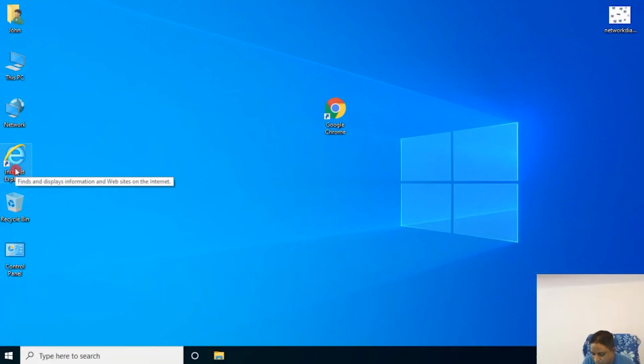Then we have Internet Explorer. What is Internet Explorer? The internet is a network of computers, all connected worldwide. IE, we say Internet Explorer, in short form. A World Wide Web, that is www. We say yahoo.com, www.google.com. So www means World Wide Web.